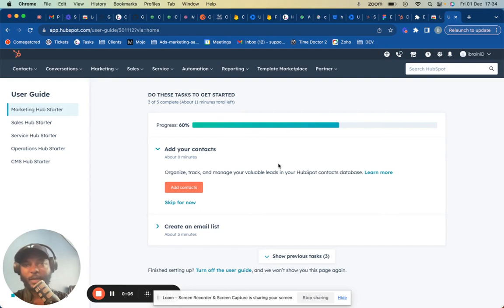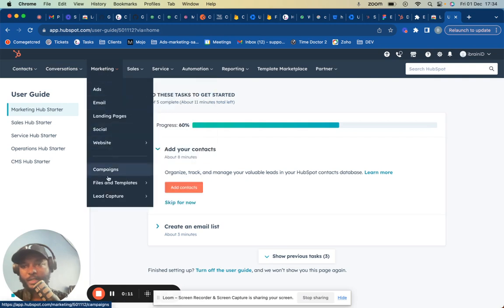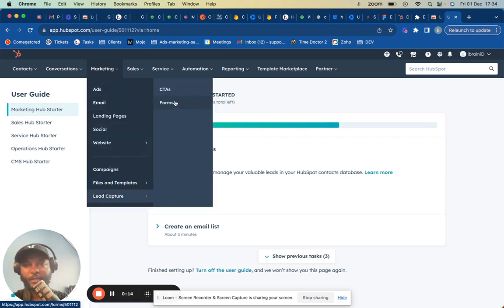So today we're going to talk about HubSpot forms. I'm going to show you how to create a form in HubSpot. So you go to Marketing, and then here you go to Lead Capture, and then after that you go to Forms,